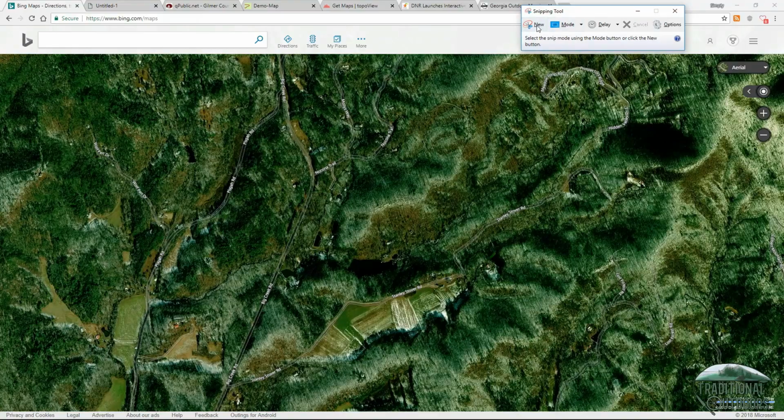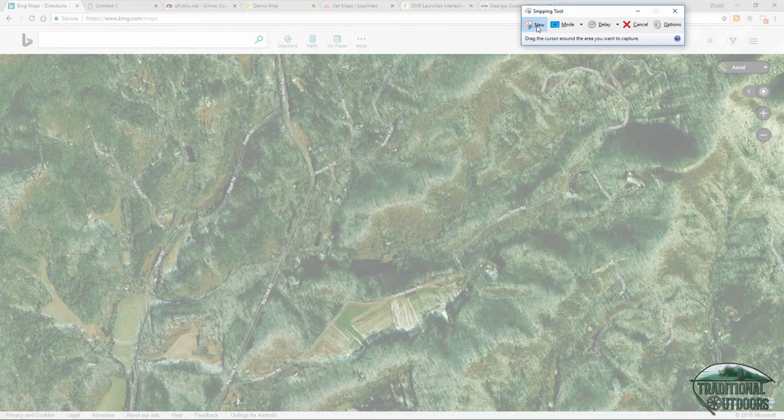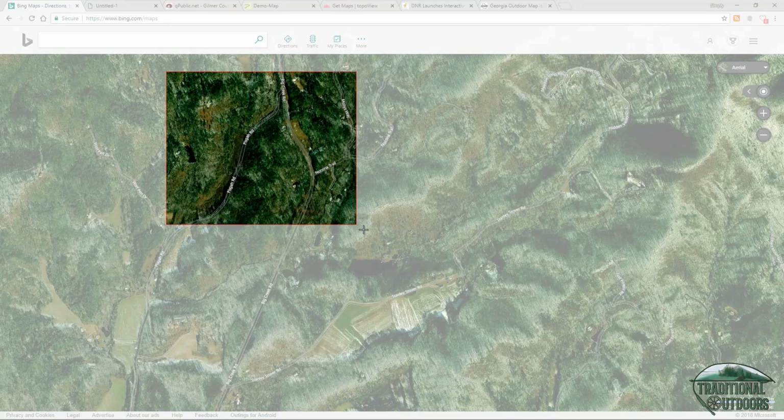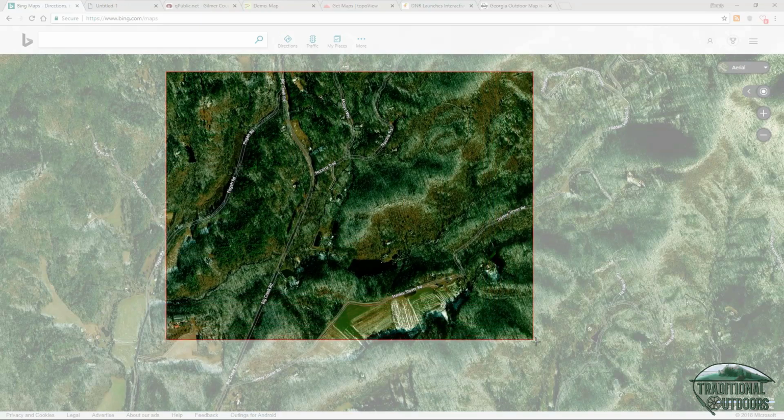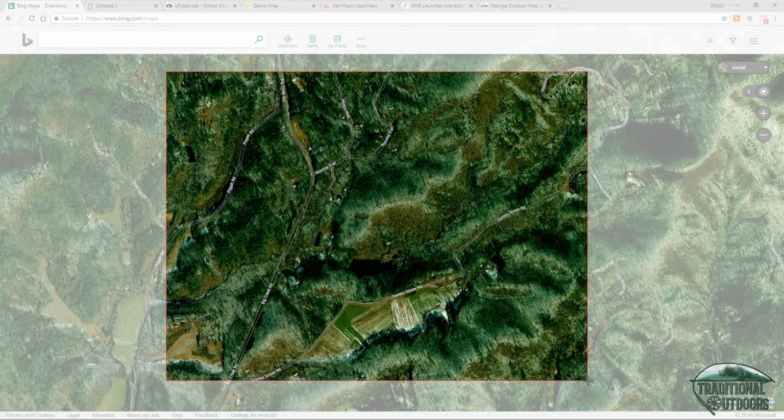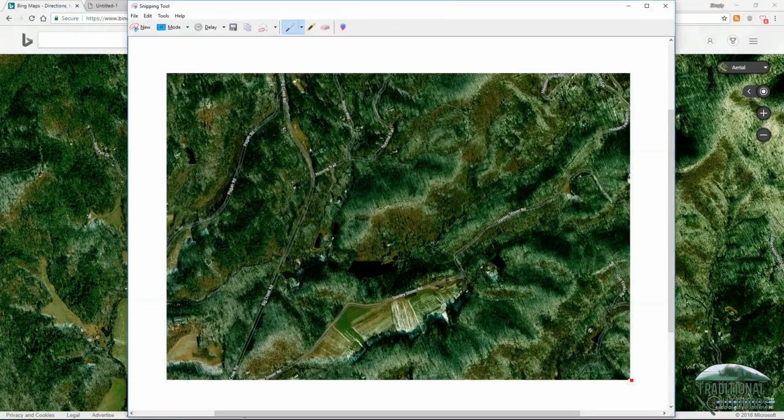And what you would do with the Snipping Tool is you just create new, and then you find a place on the map, and you want to pick a location that has enough information on the map so that you can align this within Google Earth. Here I've got a couple of roads, I've got some open fields, I've got the pond that we're using. So what I want to do is come over here somewhere around here. I click my left mouse button and hold it down, and then I just drag this little cross across the screen,